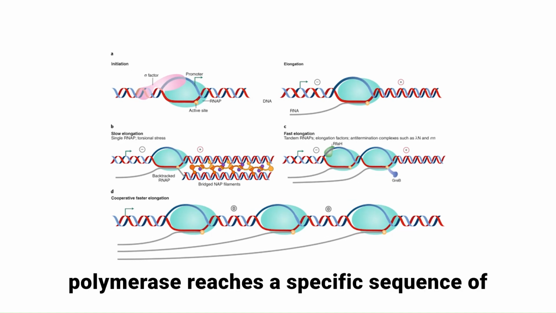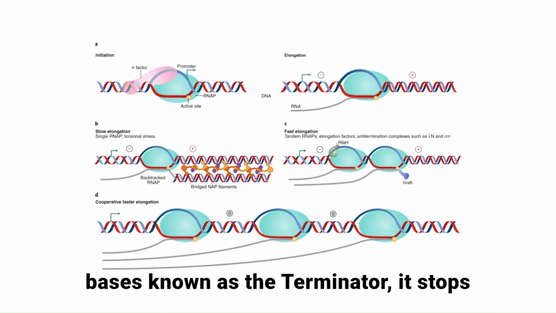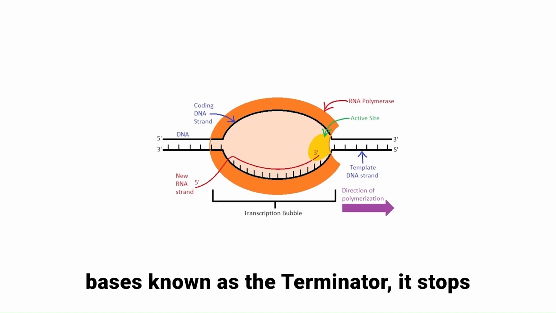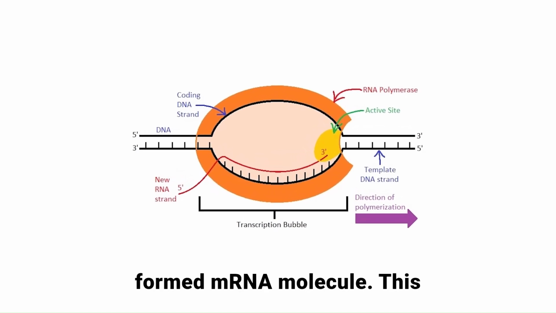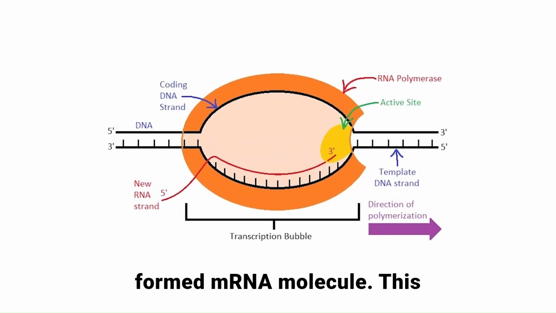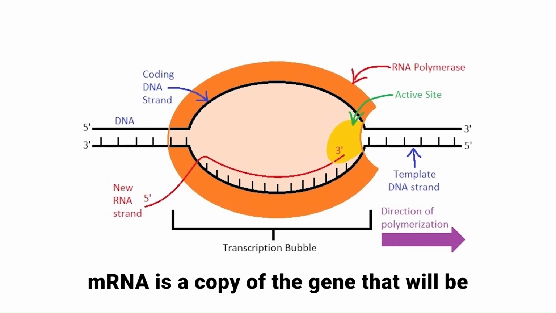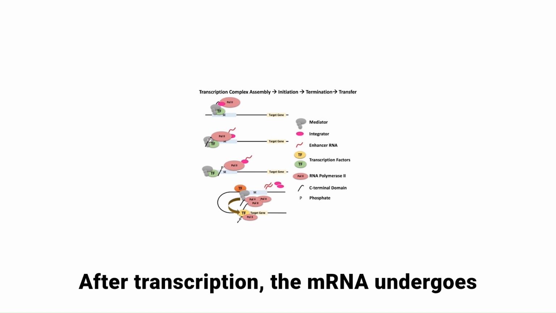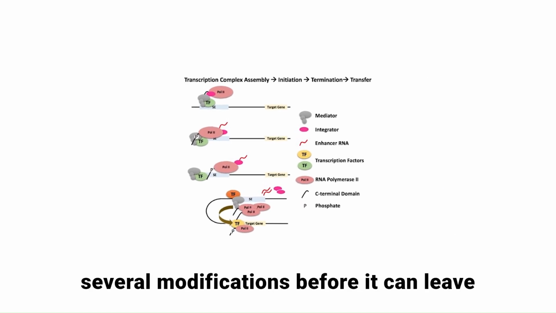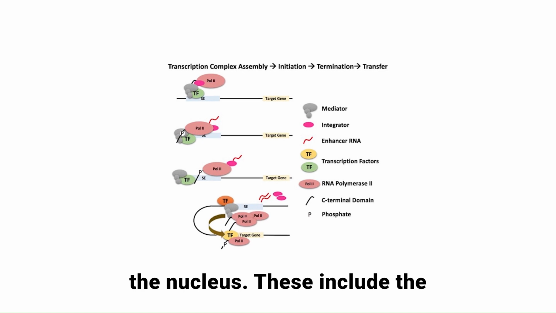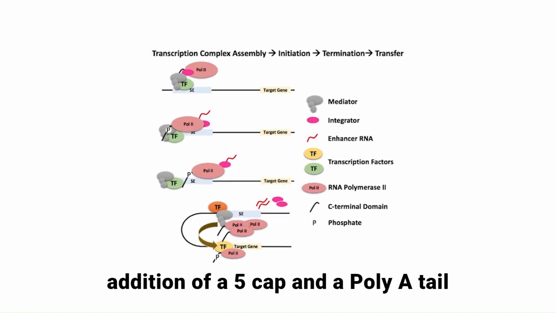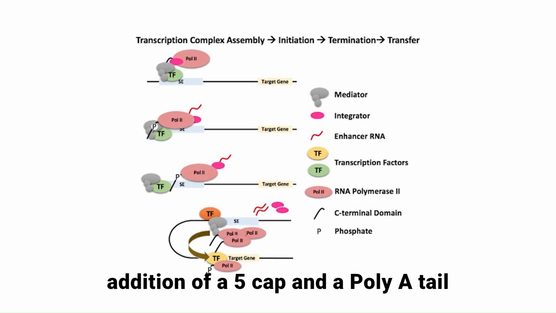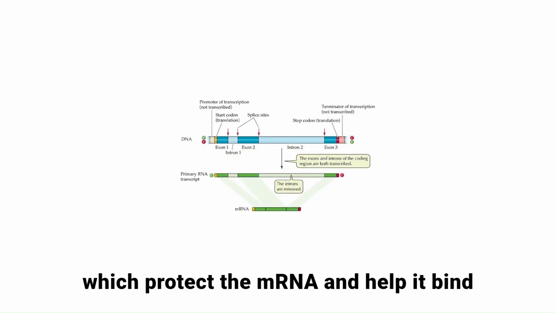Once the RNA polymerase reaches a specific sequence of bases known as the terminator, it stops transcription and releases the newly formed mRNA molecule. This mRNA is a copy of the gene that will be translated into a protein. After transcription, the mRNA undergoes several modifications before it can leave the nucleus. These include the addition of a 5' cap and a poly-A tail, which protect the mRNA and help it bind